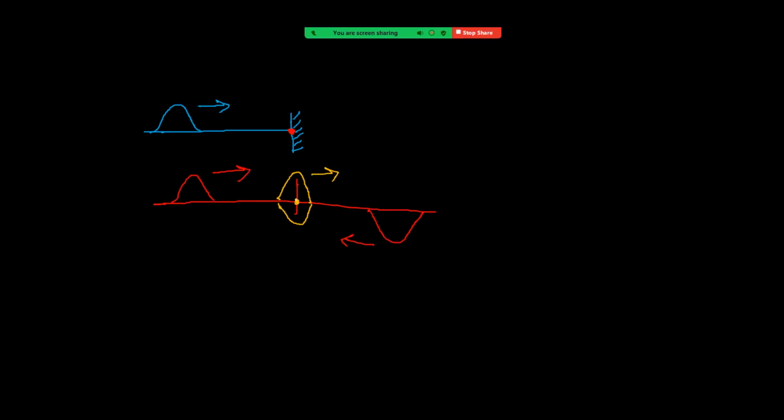So net value becomes zero, right? And after superposition, this one continues to the right side without any change. And this left one continues to the left side without any change in shape. That means finally what happens is,